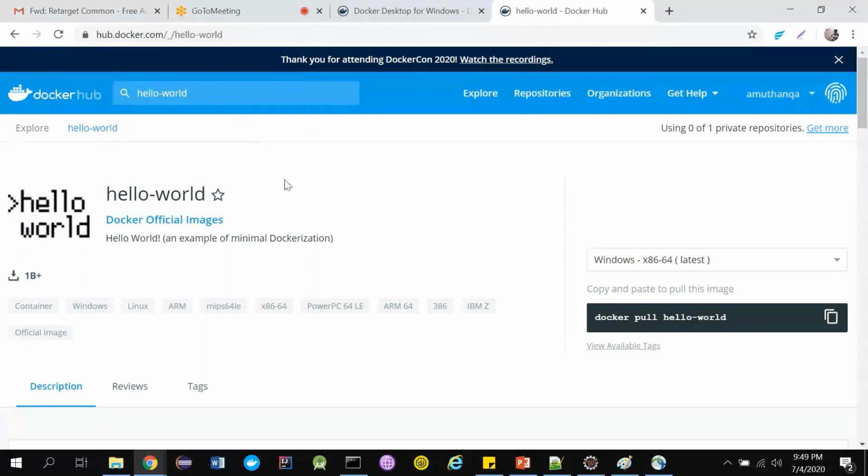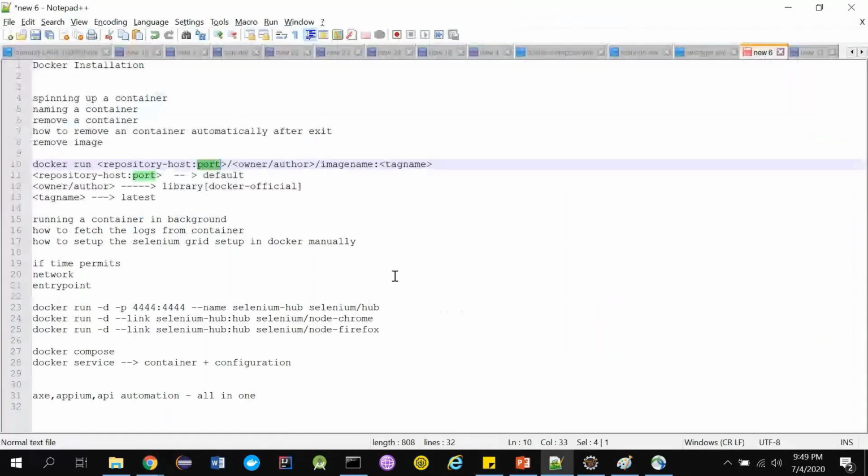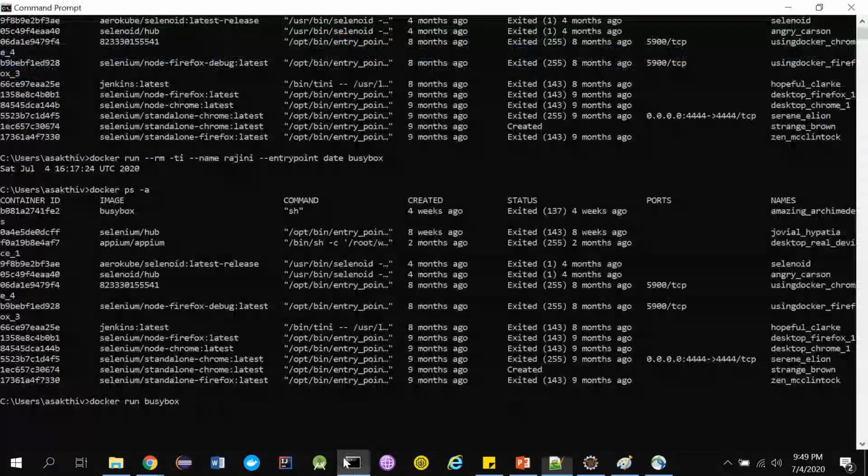The second thing is there is a slash and then there is the owner or author. Even this is not mandatory, so this is optional. What will be the default value if I am not giving it? I have not given anything to busybox. This is the image name, this is the command, this is docker. So there is no author.